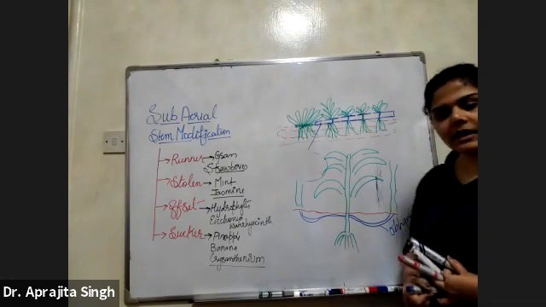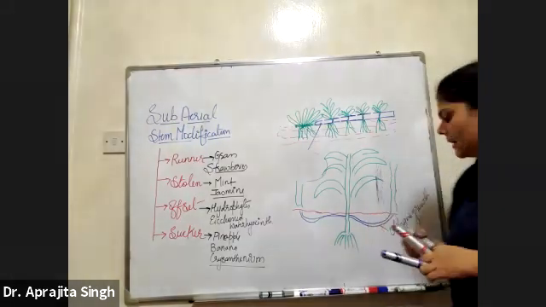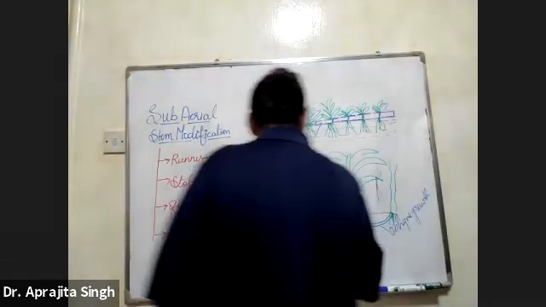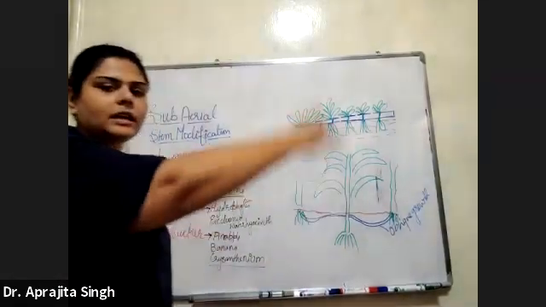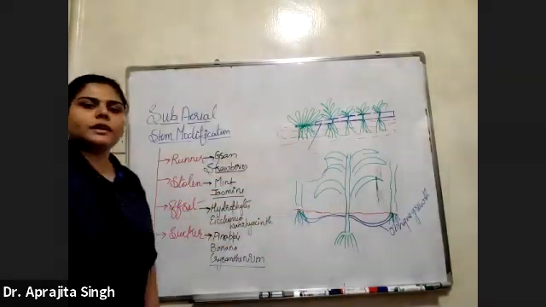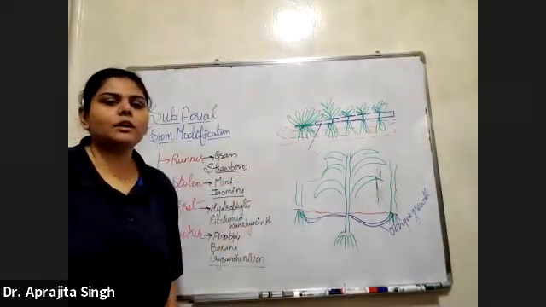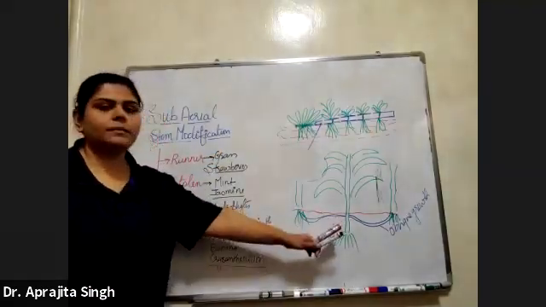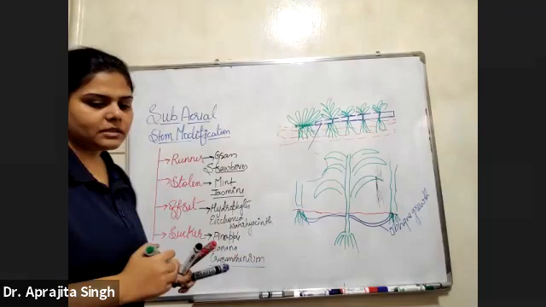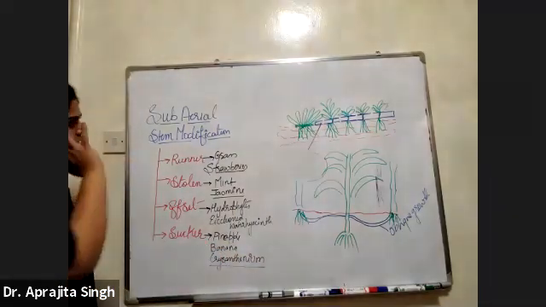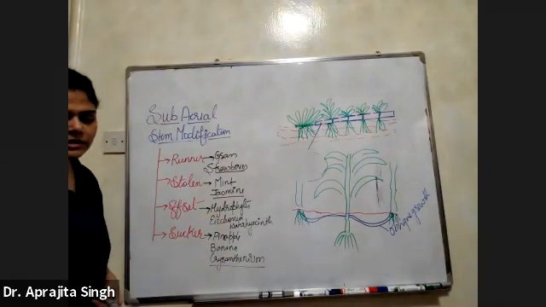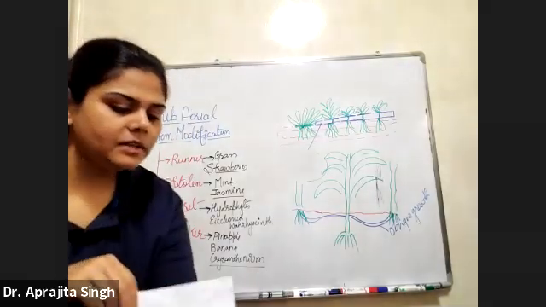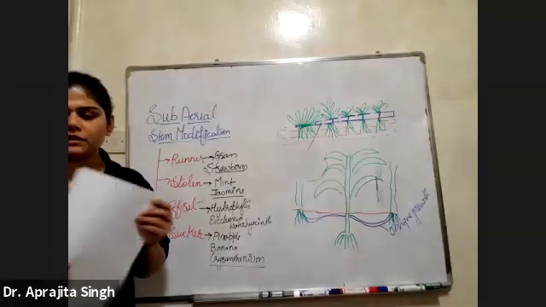And they will make the new plant and the new roots. That's how your banana plant will keep on growing and increasing over the whole area, because they have the oblique growth. From underground, they are coming out like this, the banana tree. With this, we have finished the subaerial stem modification. Any doubt? You can ask me now. And in the next class, we will be finishing the stem modification.